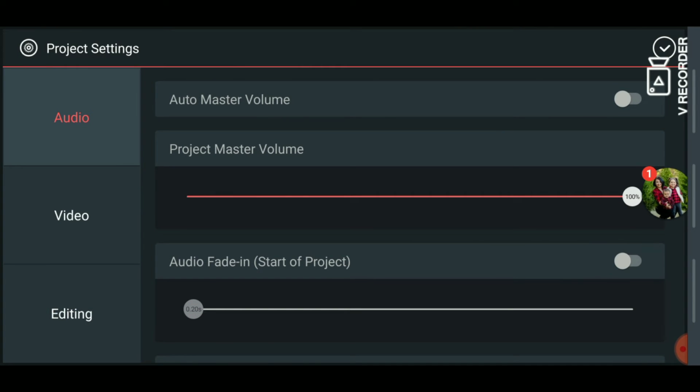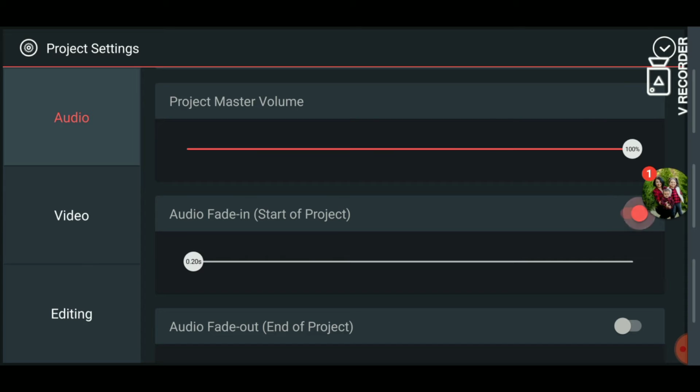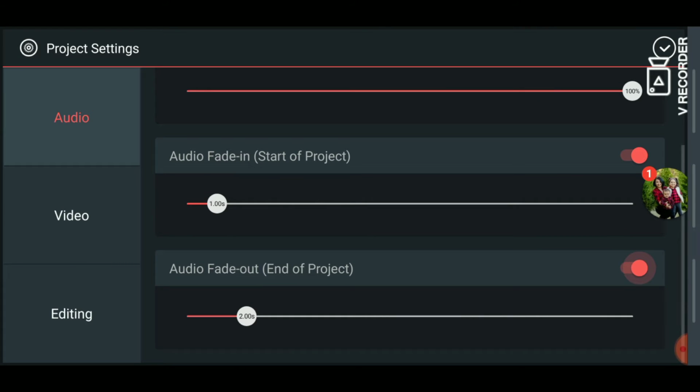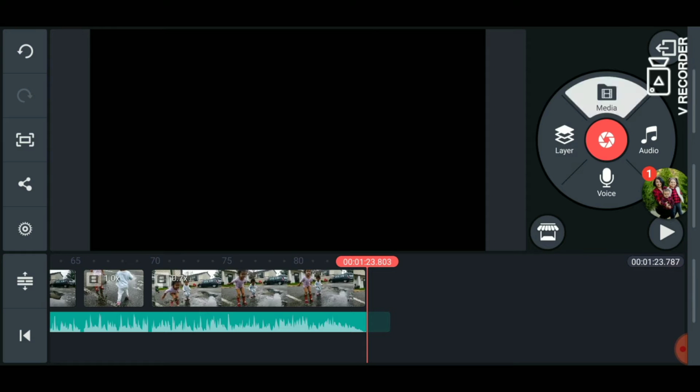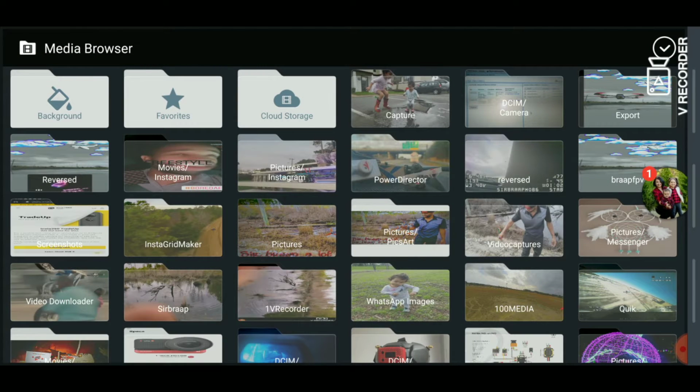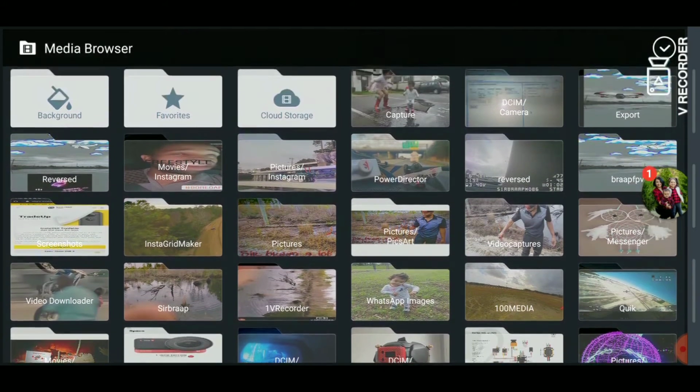So you click on audio and you got fade in and then fade out the audio. Fade in of audio 1 second, 2 seconds fade out. And then at the very end, what I like to do to make my video fade out even more is